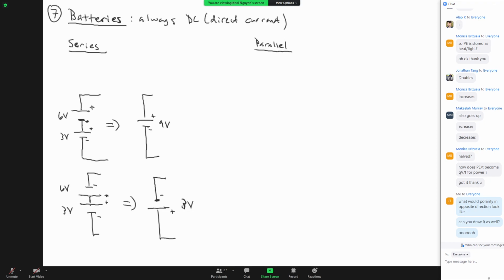For circuits in parallel, the batteries are connected, and then they're connected to the rest of the circuit. So they are in parallel with each other. So parallel circuits,